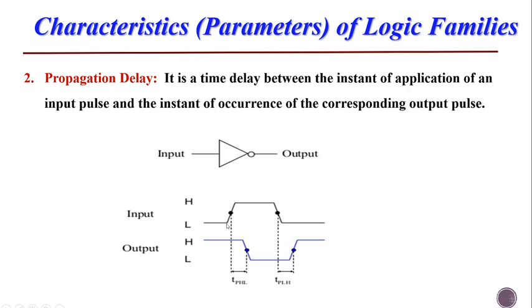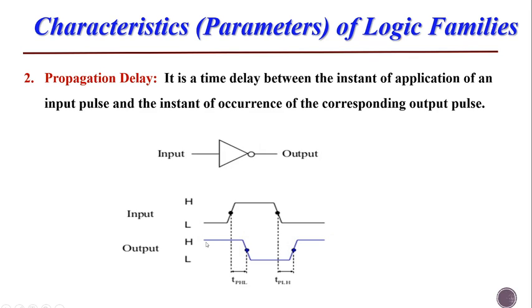Here is the instant at which we actually apply the 1 at the input of this NOT gate, but it is not exactly a square wave. It takes some time to go to 1 from 0, and again it takes some time to get to 0 from this 1. This is the instant at which we apply the input, and this is the instant at which the output will be generated, and it takes some time to generate. The distance or the delay between the instant of the input and the instant at which the output is generated is called the delay.